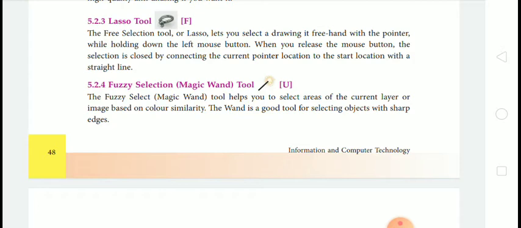The free selection tool or lasso lets you select by drawing freehand with the pointer while holding down the left mouse button. When you release the mouse button, the selection is closed by connecting the current pointer location to the start location with a straight line.